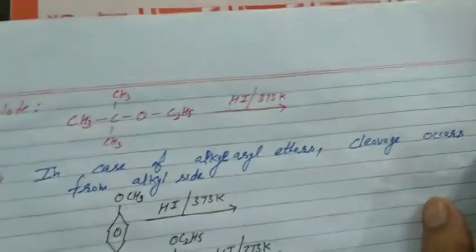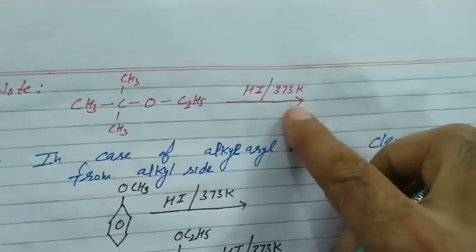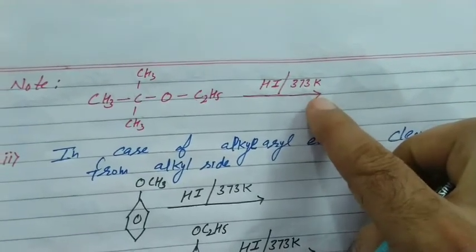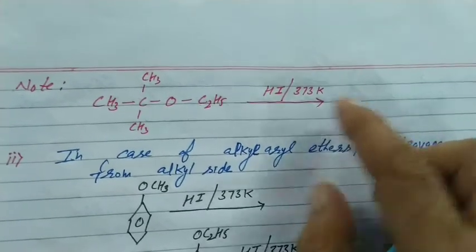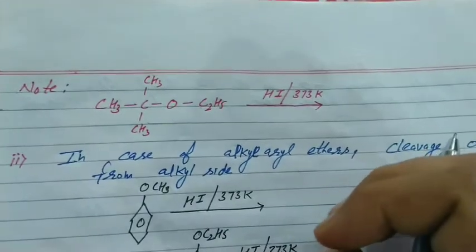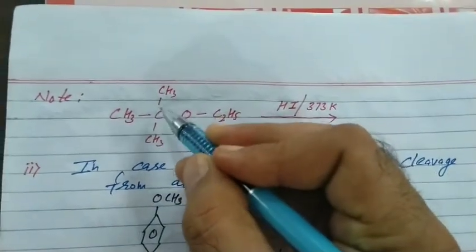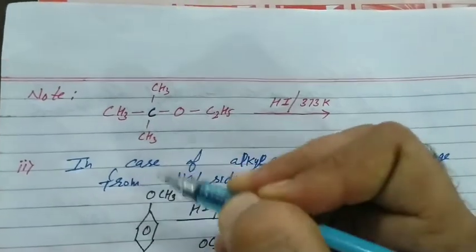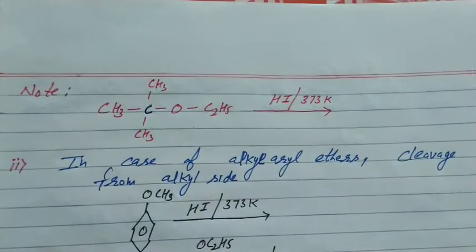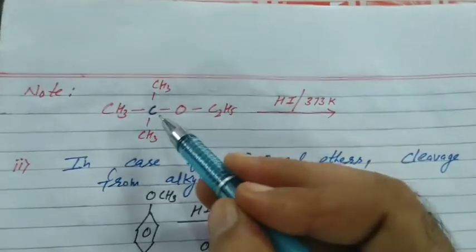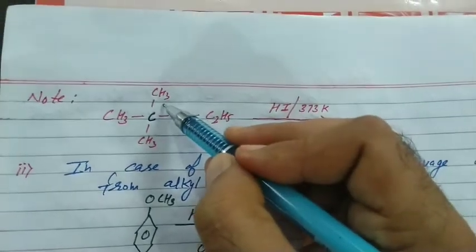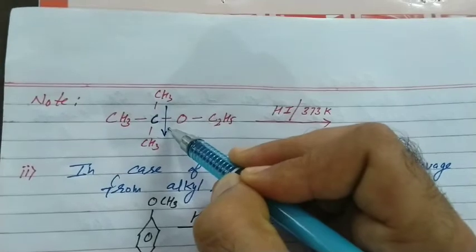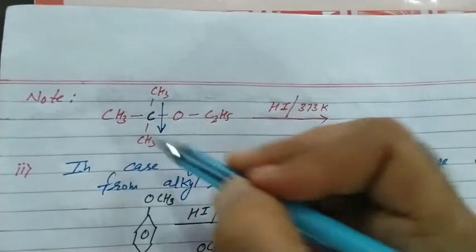Again students, next there is some limitation in it. We are treating mixed ether with halogen acid. What I told you, breakage occurs from the smaller alkyl side. But students, when one of the alkyl groups is tertiary, a 3 degree carbon, when one of the alkyl groups around ethereal oxygen is tertiary, it gives a 3 degree haloalkane. Now students, what will happen? A tertiary carbocation is formed due to stability. Cleavage occurs from that end. But it happens only if one of the alkyl groups is tertiary.